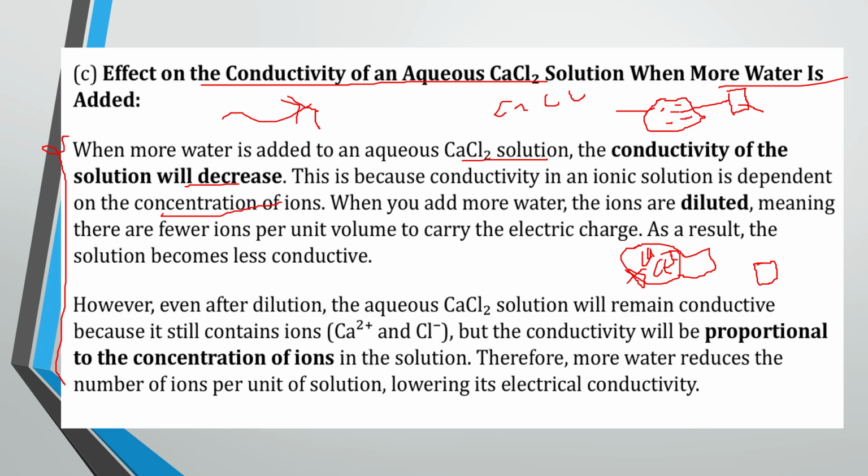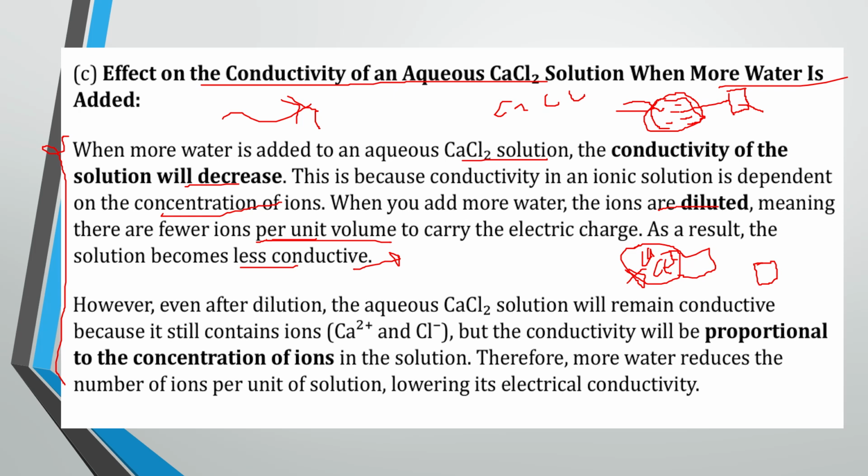When you're explaining in terms of per unit volume, we say that as we increase dilution, fewer ions are going to be present per unit volume. If fewer ions are present per unit volume, that means conductivity is going to become less. But when you're explaining in terms of the whole basin or the whole trough, conductivity will increase simply because ions are freely moving in the solution. Like I said, we shall look at this later in detail in the next coming topic,